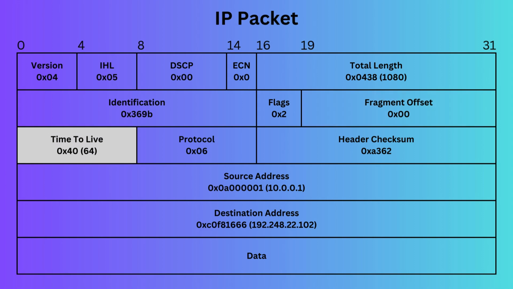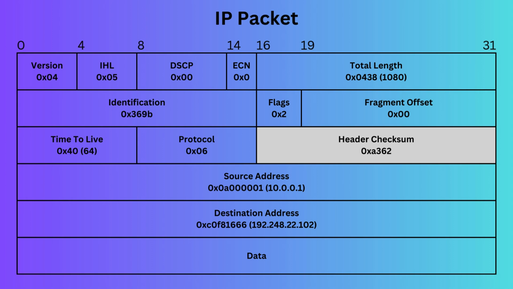The time to live, or TTL, is 0x40, which equals 64 hops. This limits how far the packet can travel across the network before being discarded. The protocol field is 0x06, indicating that the transport protocol is TCP, although for this explanation, we are focusing on the IP layer. The header checksum, set to 0xA362, ensures the integrity of the IP header by detecting any errors